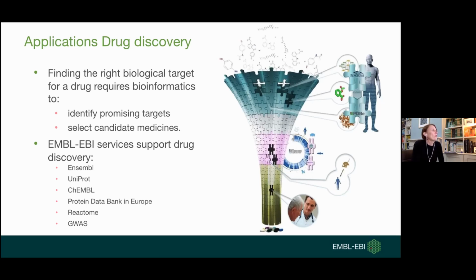We've got lots of services at EBI that support drug discovery. We've got the genome services, proteins, and ChEMBL provides us a small molecule library. There are protein structures. Most recently, we've got predictive protein structures from AlphaFold pathways and also genome-wide association studies. So we know that all of these data sources exist, but they're not mashed up for the drug discovery use